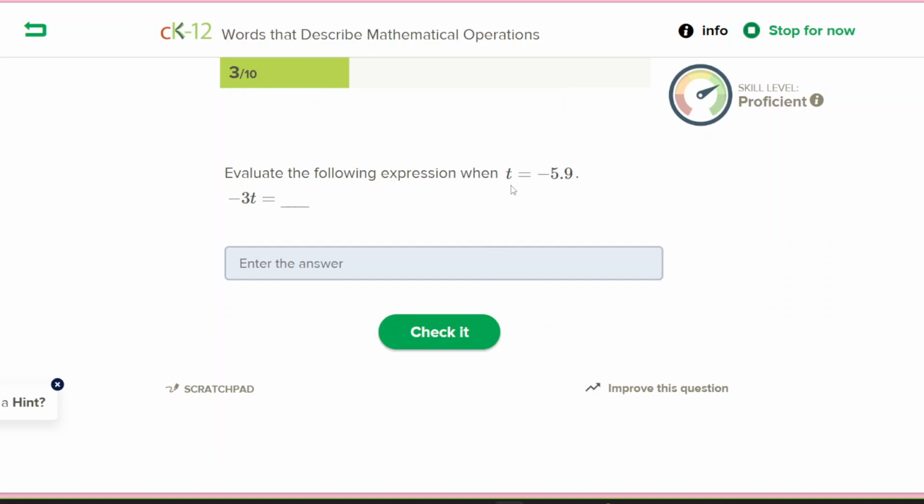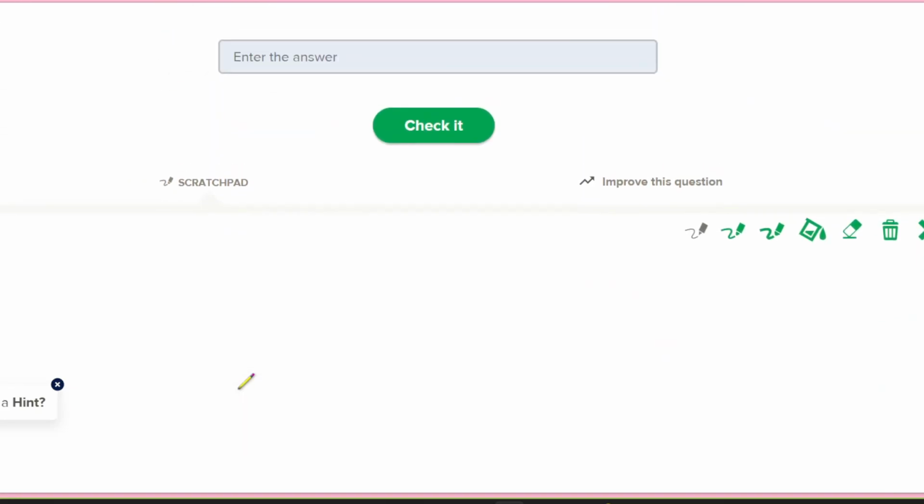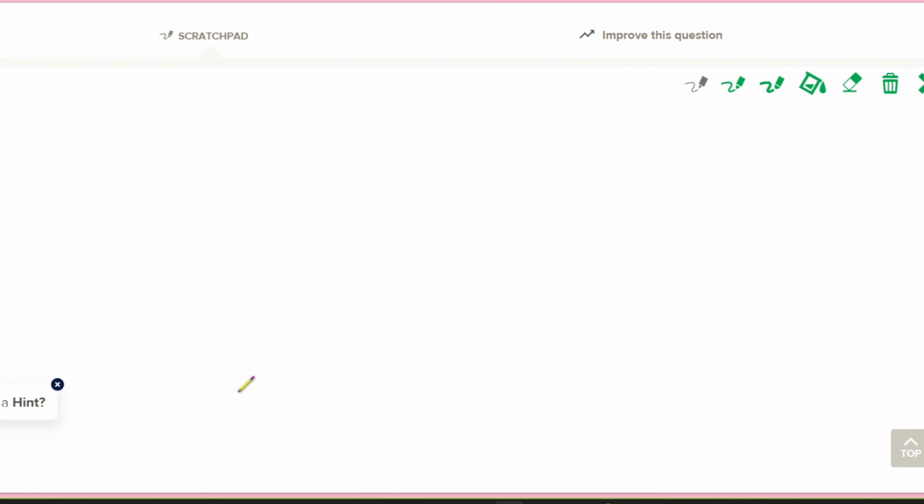All right, next example. All right, so one more. Evaluation of an expression. So evaluate the following expression when t equals -5.9, and the expression is -3p, or -3 times p multiplied by t, and t is -5.9. So I'll write the same thing as the last question, -3 times t. The value of t is -5.9,